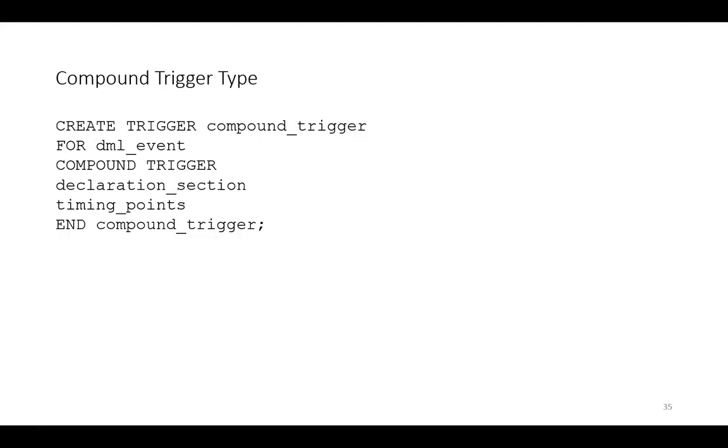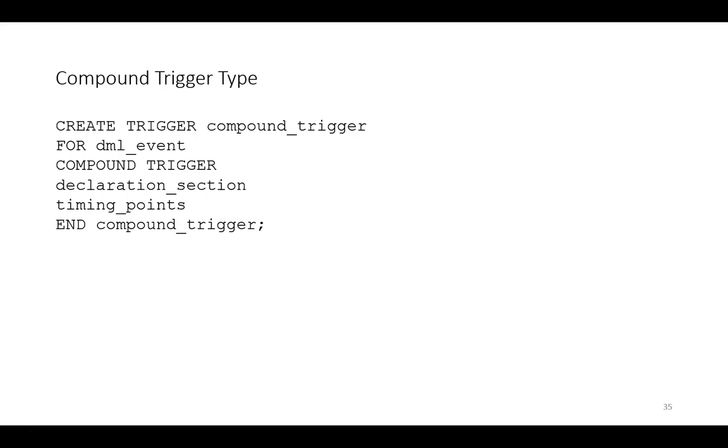Here's the basic syntax. We would say create trigger, give a name to it, and we would then say for DML event. We've seen the DML event clause in our examination of both statement and row DML triggers in the simple triggers. It identifies the triggering DML operation and the table against which this operation must be performed to cause the trigger